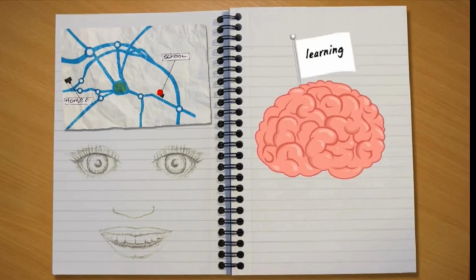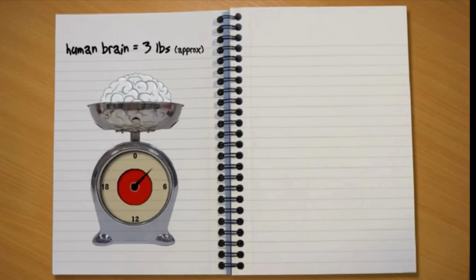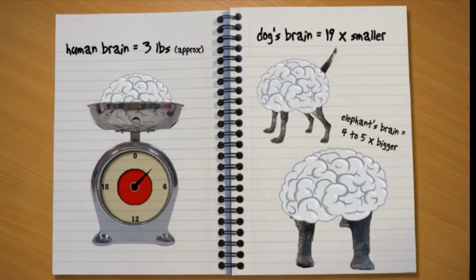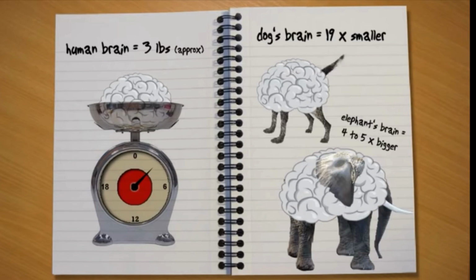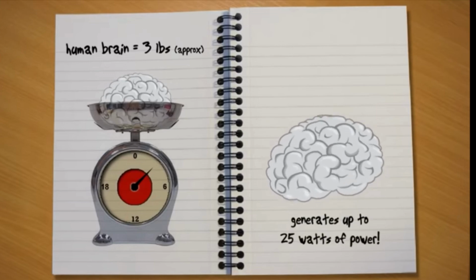And when it comes to learning, your brain is the most important part of your body because it is where all of your thinking and remembering and feeling takes place. Here are some things that we know about the brain. The average human brain weighs about 3 pounds and looks like a big grey wrinkly sponge. A dog's brain is 19 times smaller than a human adult brain, while an elephant's brain is 4 to 5 times bigger than ours. While you're awake, your brain generates up to 25 watts of power, enough to illuminate a